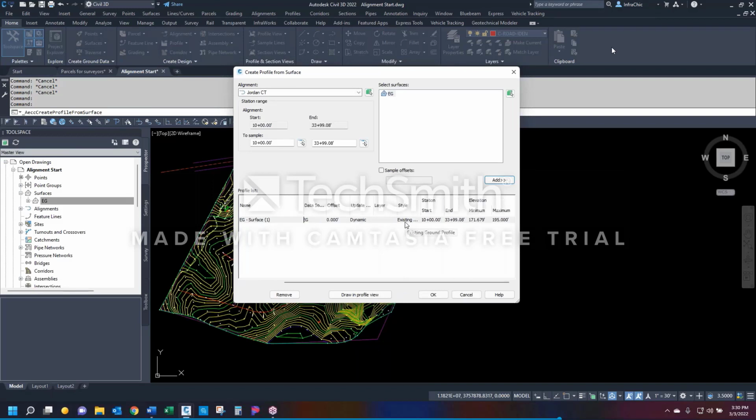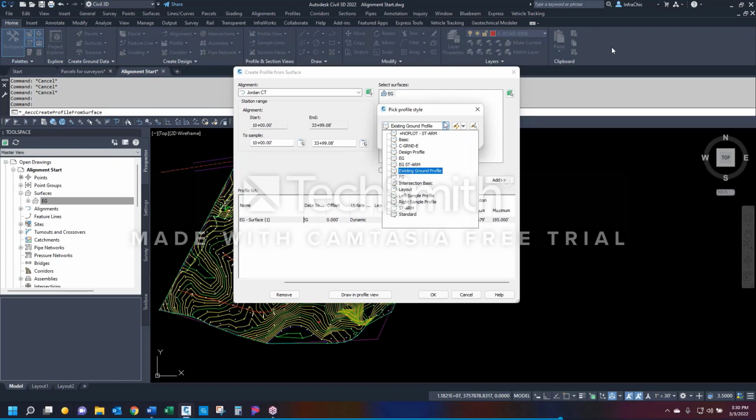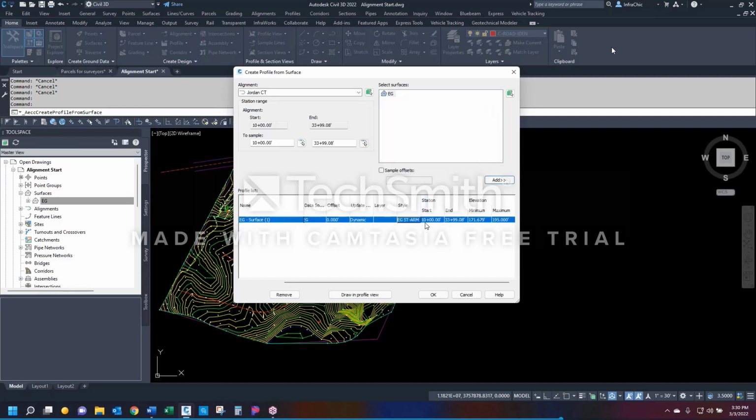The style, let's take a look at the style. Currently, it's the existing ground profile. I'm going to click once on the style. The Pick Profile Style dialog appears. I'm going to grab that pull down, and I'm going to set this to EG-STARM. That's mine. There is a stationing from 1,000 to, that's how long it's going to sample,